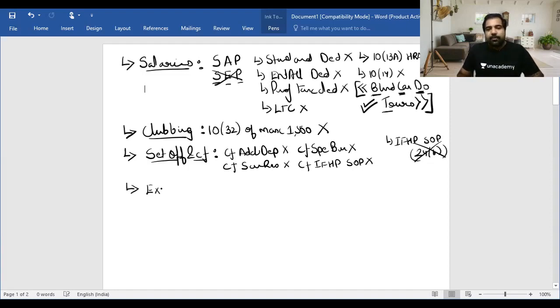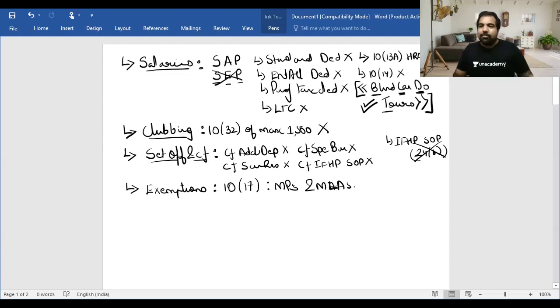After that, guys, I'm looking at a chapter called exemptions. In exemptions, if you remember section 10(17), where MPs and MLAs used to get a lot of allowances. MPs and MLAs earn salary. Their salary is taxable under the head IFOS. Why? Because they don't want to be called employees, so they don't have tax on the salaries. Their salary is taxed under IFOS, and their allowances were always exempt. But that exemption goes away. It's not given if the MLA or MP opts for this option. So going head-wise and chapter-wise, we did all the 5 heads, and we did clubbing and set off, and we're now doing exemptions.